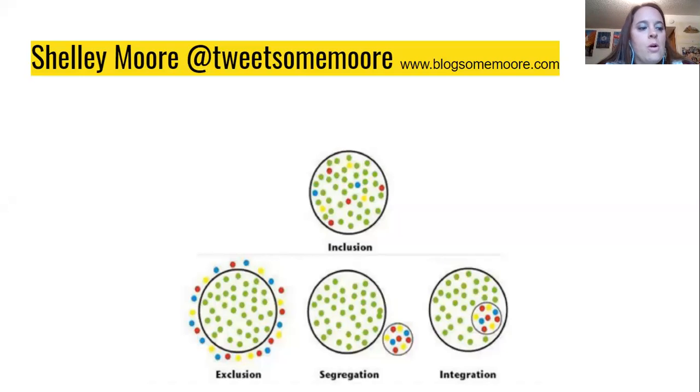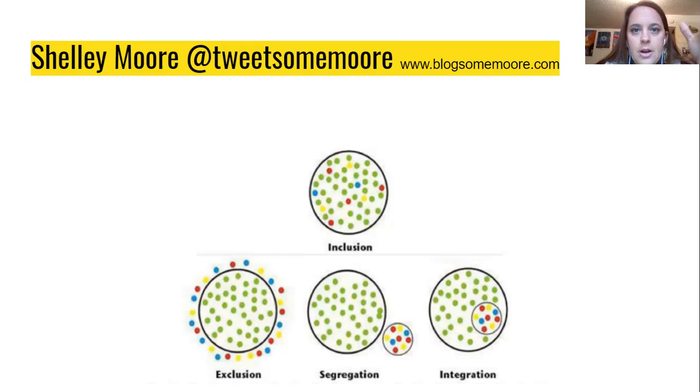I love Shelley Moore as we're getting into inclusion strategies, because this is kind of what she came out with. She is an amazing researcher and teacher, and she has a disability herself. But she talks about the evolution of inclusion, and we can see this as evolution from the 1900s into now, but we can also see where our class is in inclusion, and maybe we're in one of these bubbles as we speak today. So I want you guys to think about which bubble is my class? What does it look like?